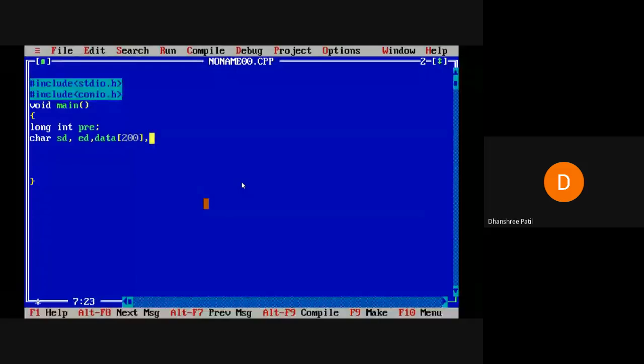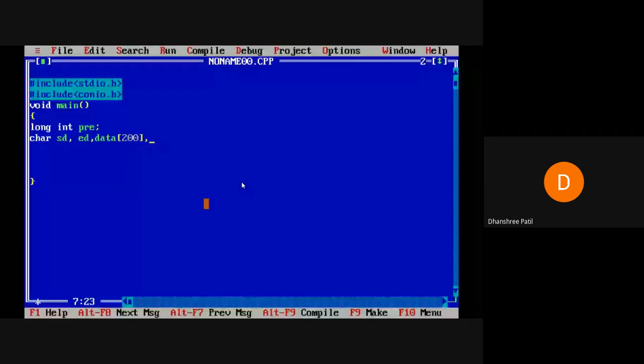Then next after the data field we have a length, which should be an integer. Then we have the padding bits. Then destination address, suppose it is 20. Then source, suppose it is 40.